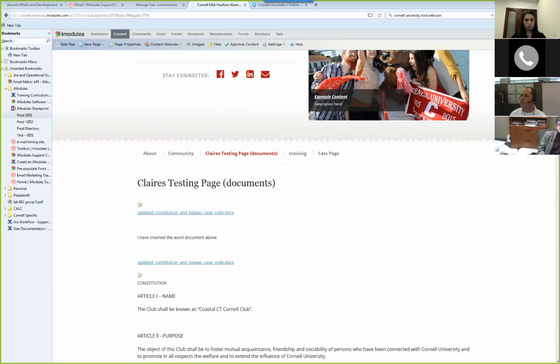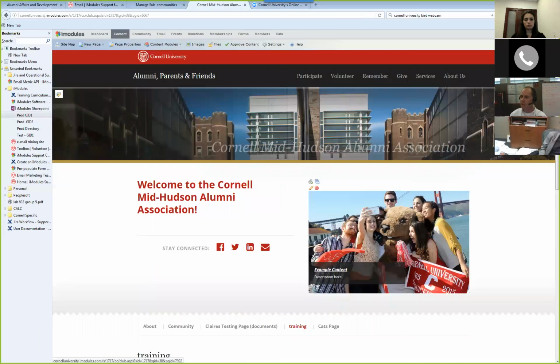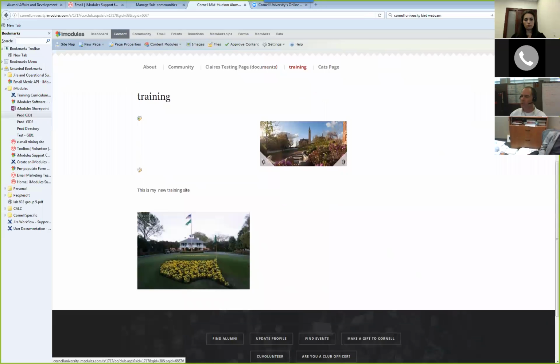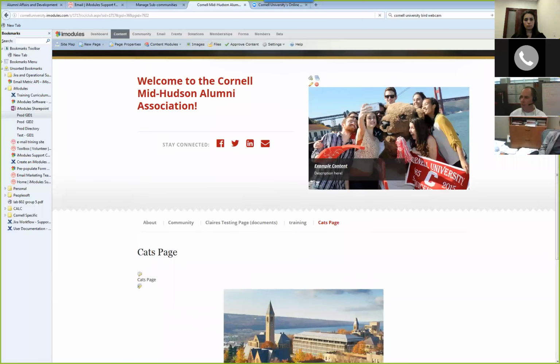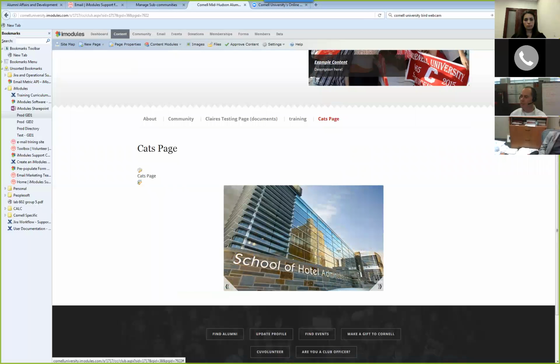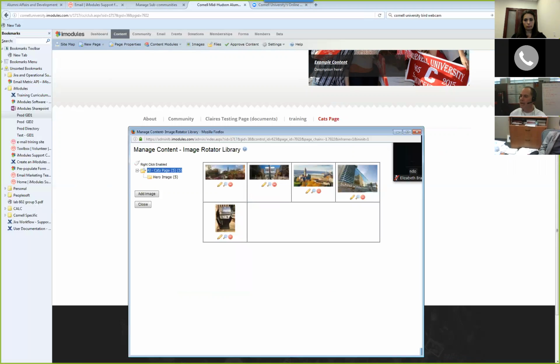What else do I have here? The image rotator. Remember we talked about the image rotator? That was this little section on Kat's page that allows me to click and move through these. The question becomes, how do I get these images in here? If we went right over here, images, that opens up a little window, and this is where I can add images.